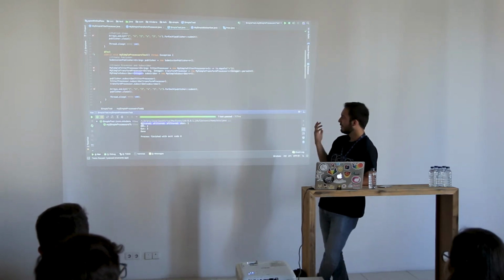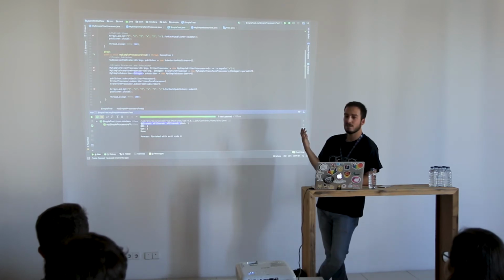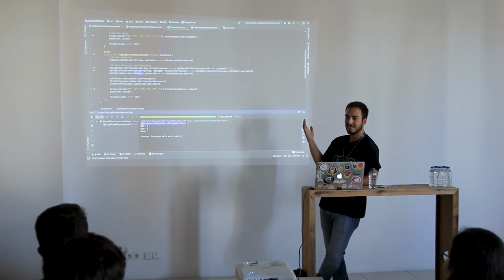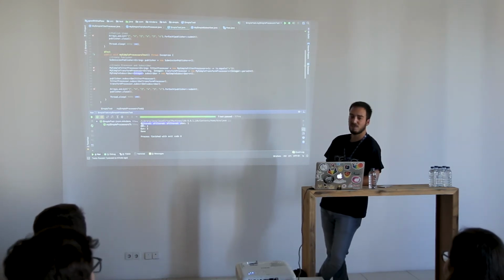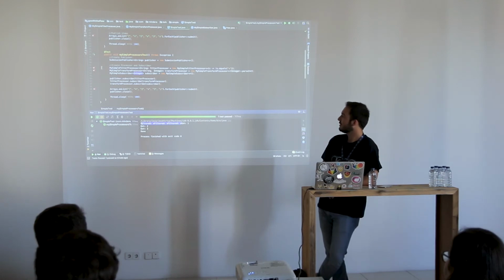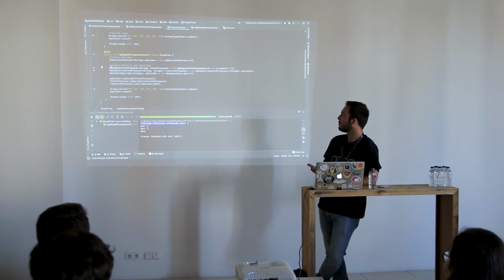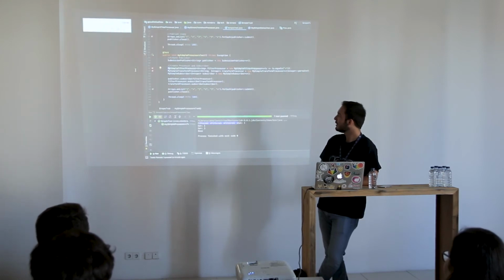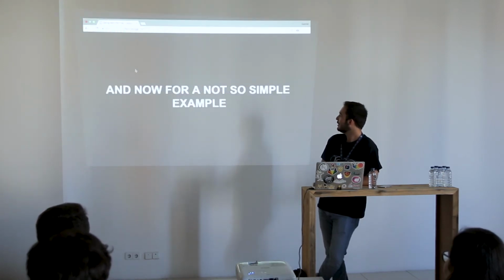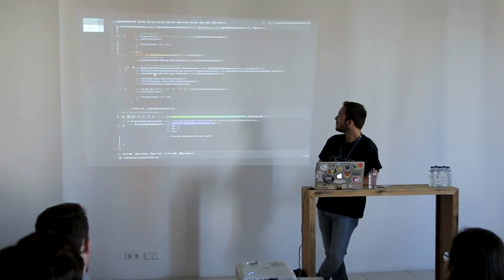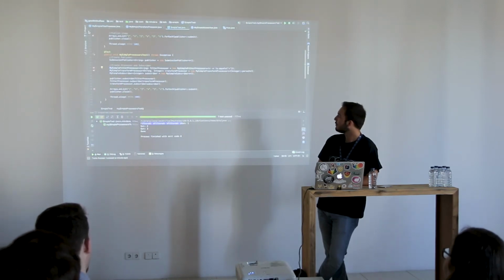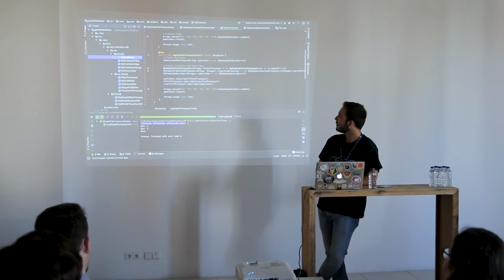So this by itself is completely worthless, and we will never use this the way I am using it, and it pretty much doesn't make any sense because this isn't any simpler to read, and it's a lot more complex. So to show you some examples that aren't so simple, I already have implemented here in the not so simple package